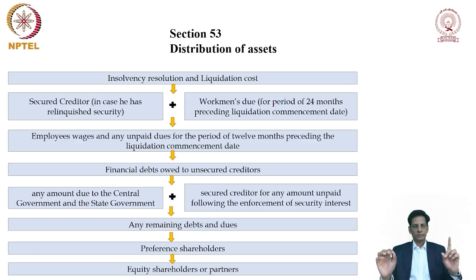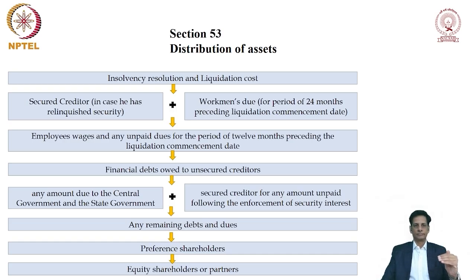That means one thing good which acts in favor of liquidators and resolution professionals is that their fee is protected to large extent under section 53. They will always get back their money, but if at all there is any proceeds received from liquidation, their money will be recovered. Second,